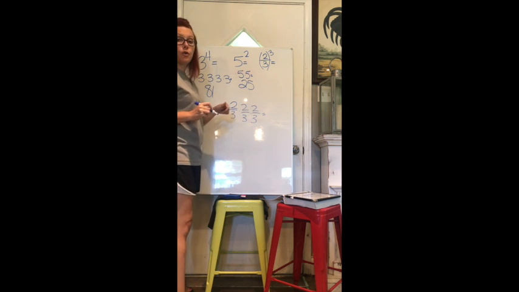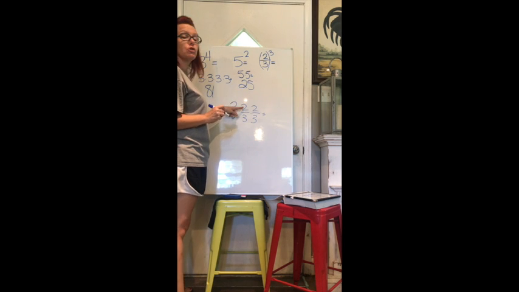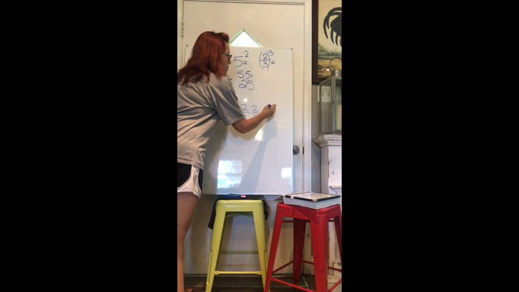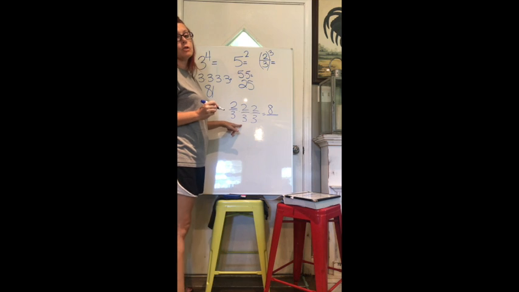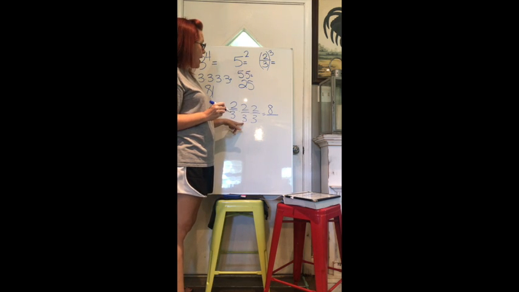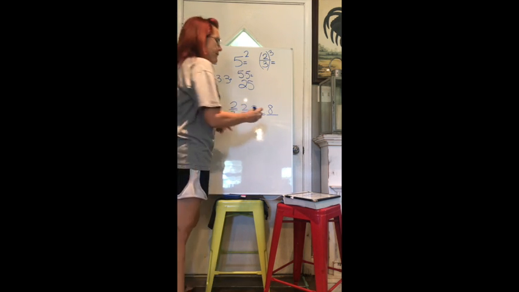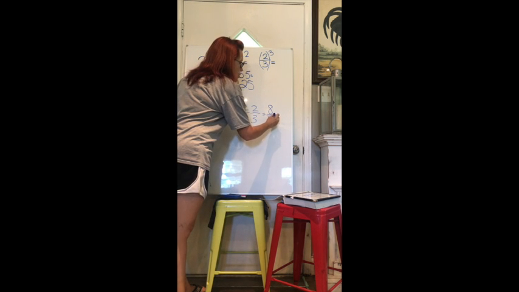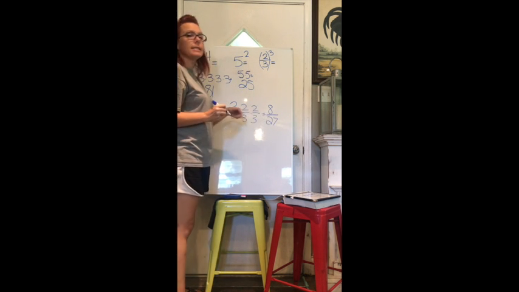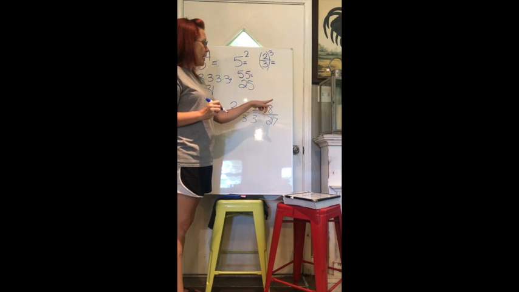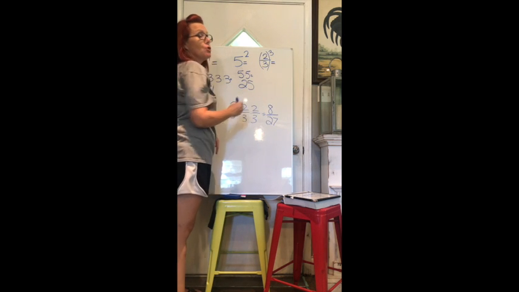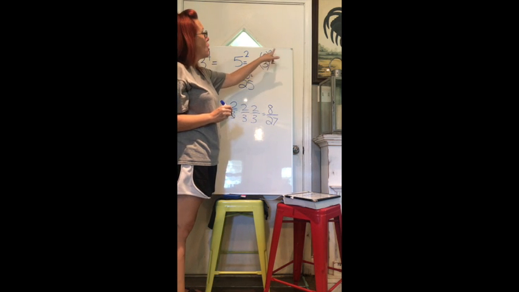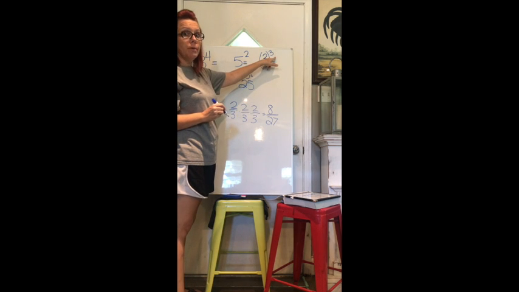Now this is just the same thing as multiplying fractions. So we look at our numerators first, and we say 2 times 2 is 4, and 4 times 2 is 8. So we know that our numerator is 8. Now 3 times 3 is 9, and 9 times 3 is 27. So our denominator is 27. Now we can look at these numbers, and we can easily see that we cannot reduce or simplify that fraction anymore. So we know that 2/3 to the 3rd power, or 2/3 cubed, is